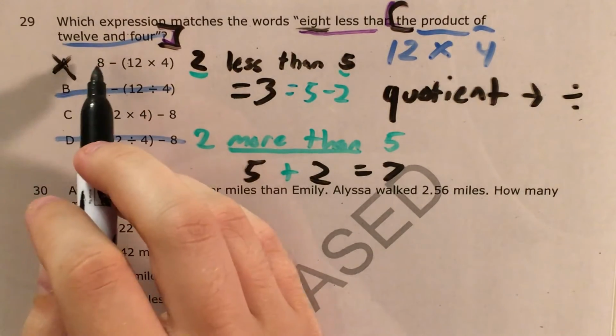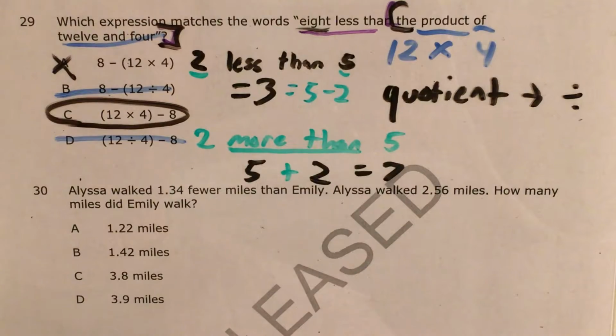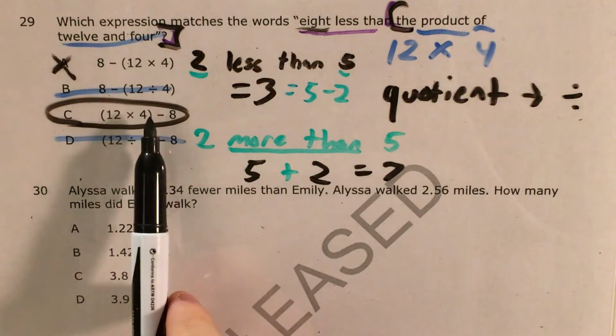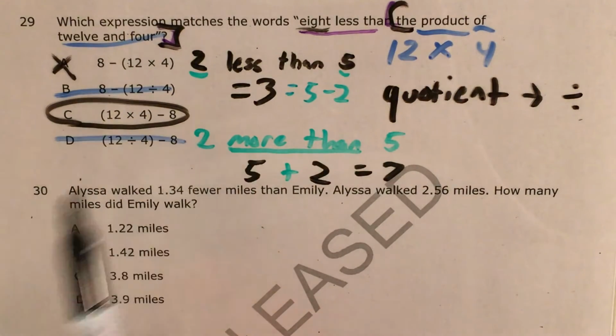Choice A does not match that because it puts 8 first, so the only choice left that we haven't knocked out already is choice C. 8 less than, so something minus 8, and then that something is the product of 12 and 4. 12 times